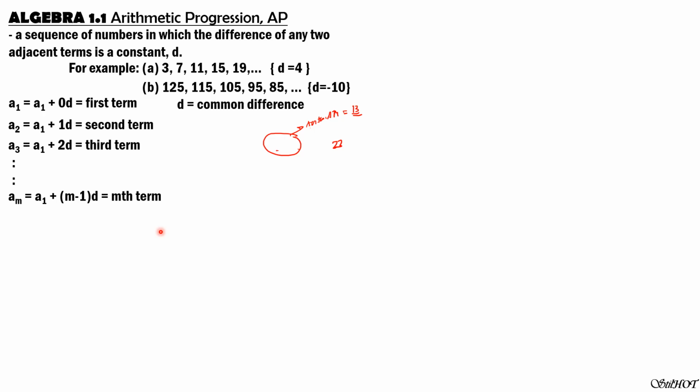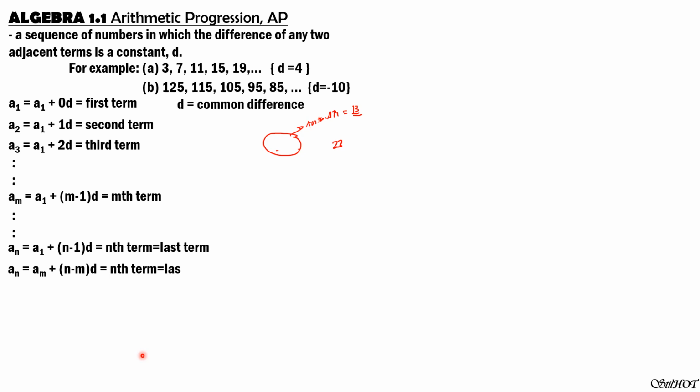And if we continue, the last term, a sub n, is equal to first term plus quantity n minus 1 times d. That's the nth term or the last term. We can also represent that by any intermediate term, a sub m. So a sub n is equal to a sub m plus, so we replace 1 by m, n minus m times d. So the last term is also a sub m plus quantity n minus m times d. So that's the representation of the last term.